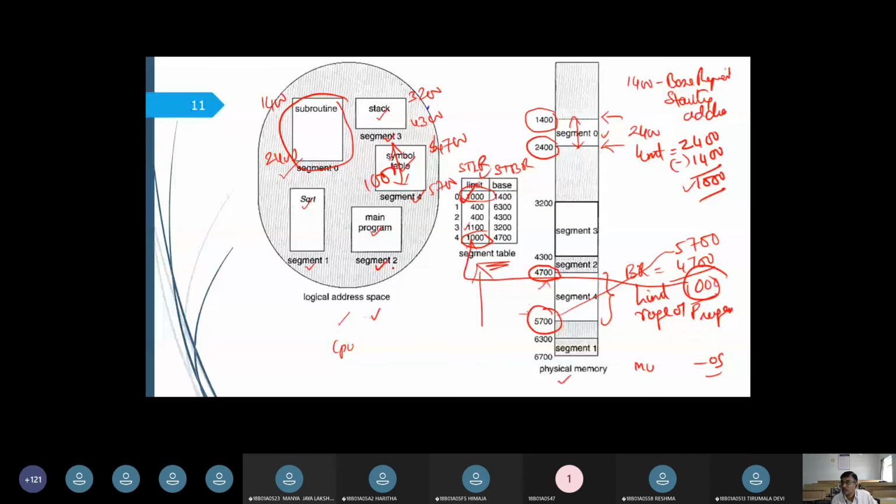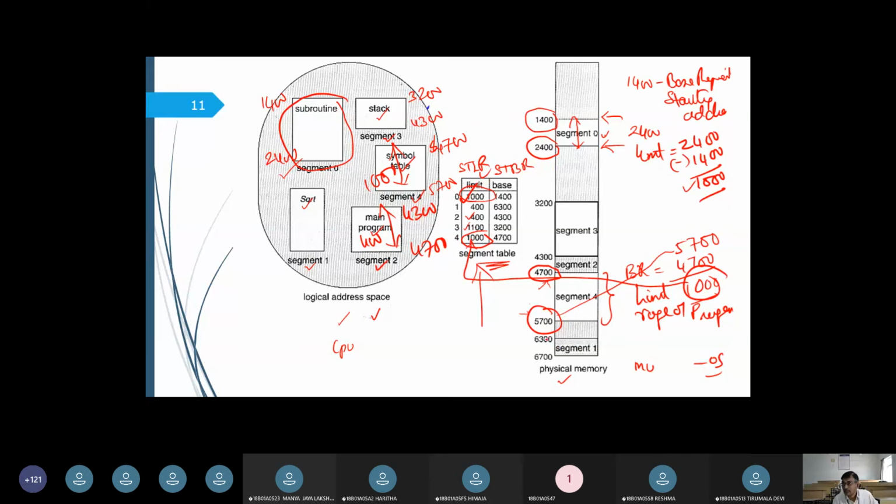Now let us look at segment 2. In segment 2 you can see it is going to start at 4300 and end at 4700. Now the total size, that is 4700 minus 4300, is 400. So this 400 we are going to give to the limit register of segment 2. Similarly, it applies to segment 1.